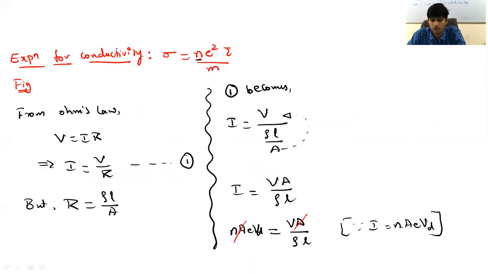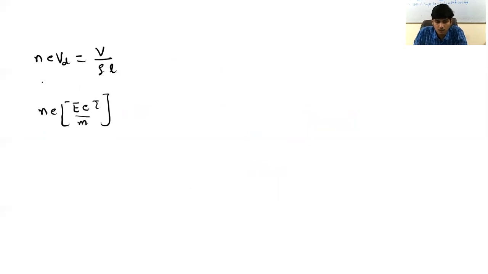So here I have NE. VD is capital E small e tau by M. In the actual equation, we have got VD as minus capital E small e tau by M. The negative sign just represents electric field and drift velocity are in opposite directions, and it doesn't have any other significance. So you can ignore substituting the negative sign. That is equal to V by rho L, which can be written as 1 by rho into V by L. V by rho L should be split as 1 by rho into V by L: 1 into V is V, rho into L is rho L.